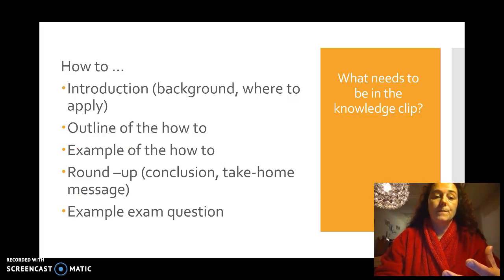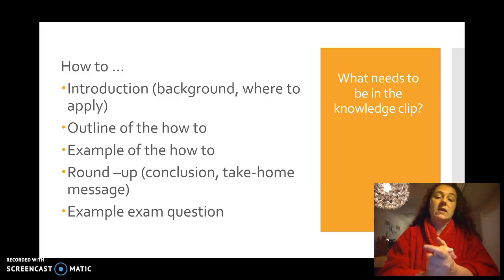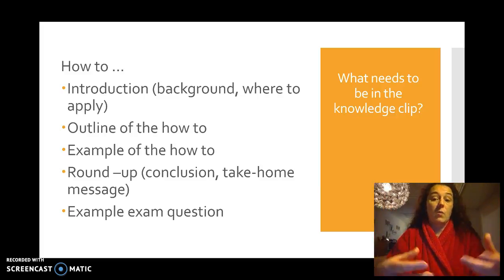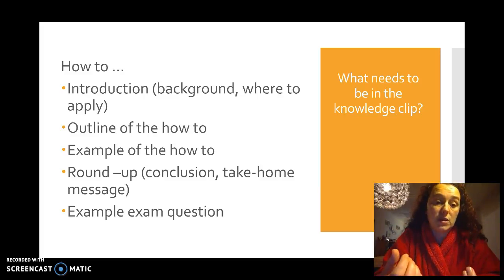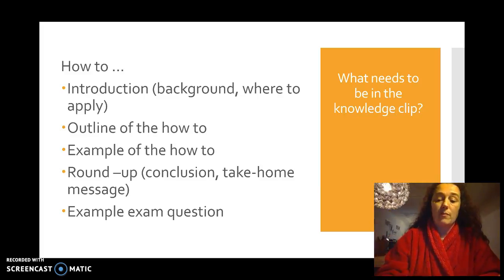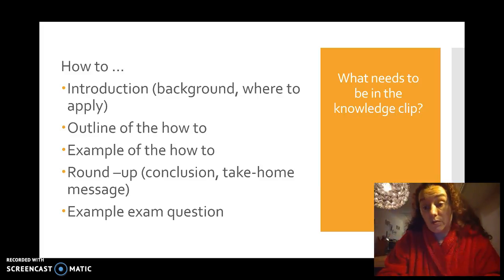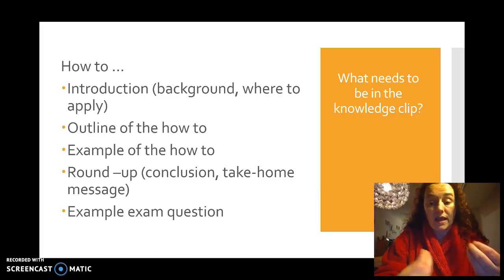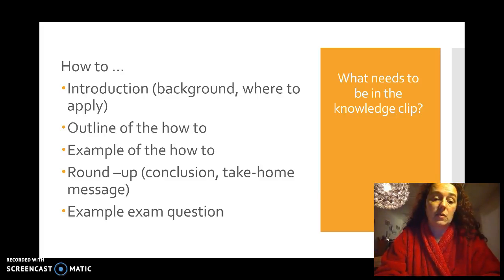As a background, explain something about where it is within the rest of the body of knowledge, where in your research process you could apply it. Of course, make a structured step-by-step of what you need to do, what you need to prepare maybe. Give an example to make it more alive and connectable, and round it up with a conclusion or a take-home